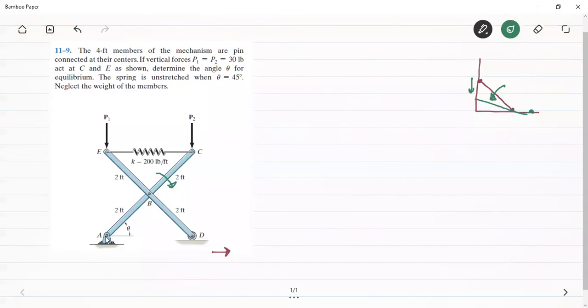Therefore, point A won't go anywhere. There won't be any displacement of the point A, but this C point, as there is a rotation, can come to this position, and E point will be where? E point will be here after some time, and there will be a spring connected between them. So if we see the virtual displacements, we can give the virtual displacement to D. E will also undergo virtual displacement in the downward direction, and C, since C is undergoing rotation, is tracing a circle, therefore it will undergo displacements both in the X direction as well as in the Y direction.